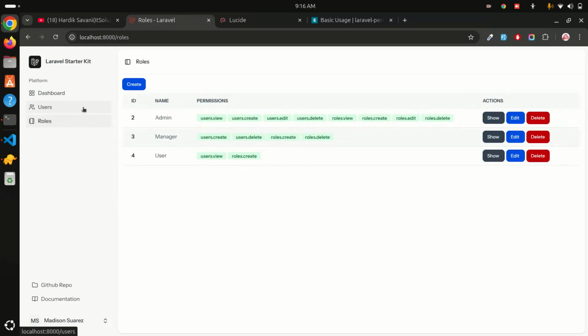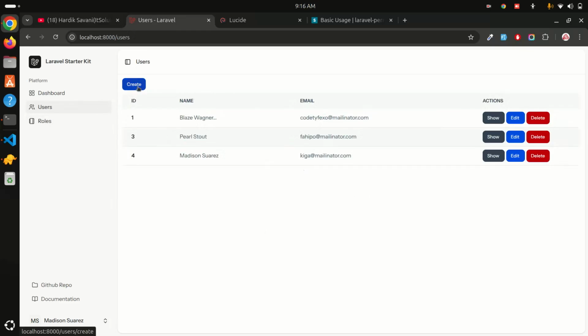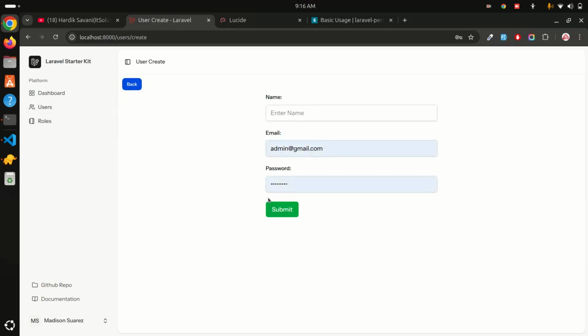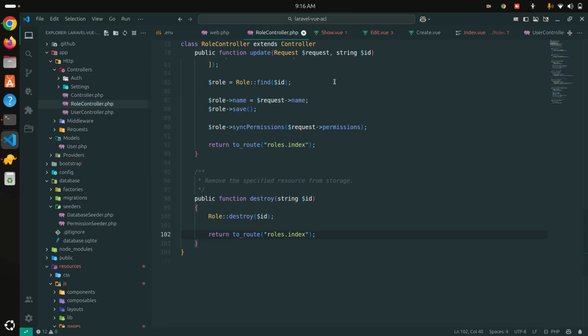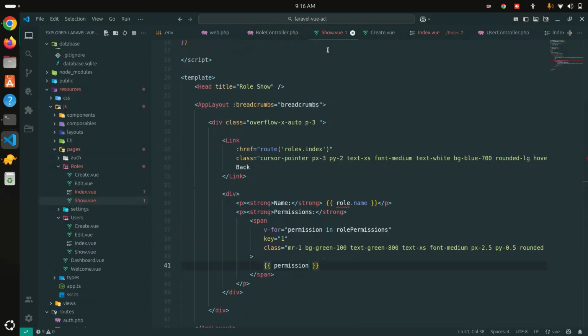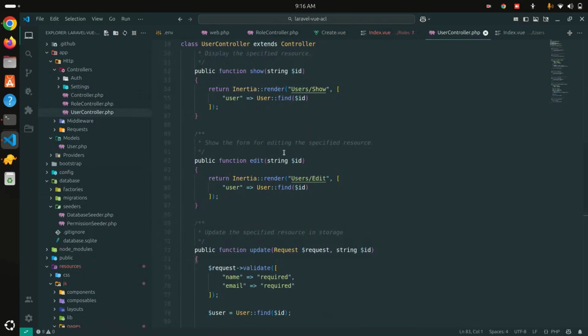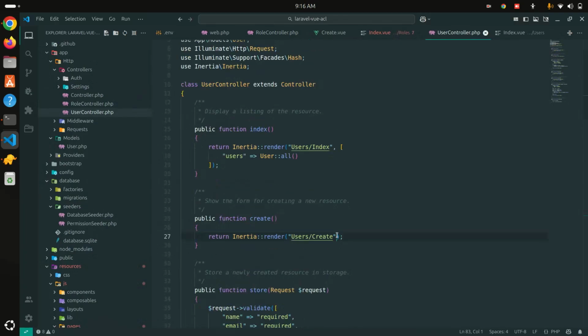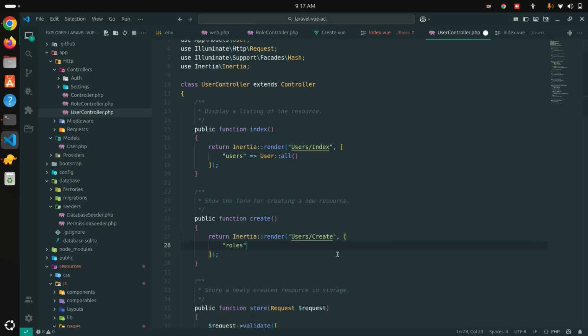Next, let me go to the user module, and when I click on create, here also there should be a list of all the roles that I have created, and I can assign that role to the user. So what I need to do next, let me go here and close this. Over here when you create, I can pass all the roles that we did for the role create page. So just pass all the roles,